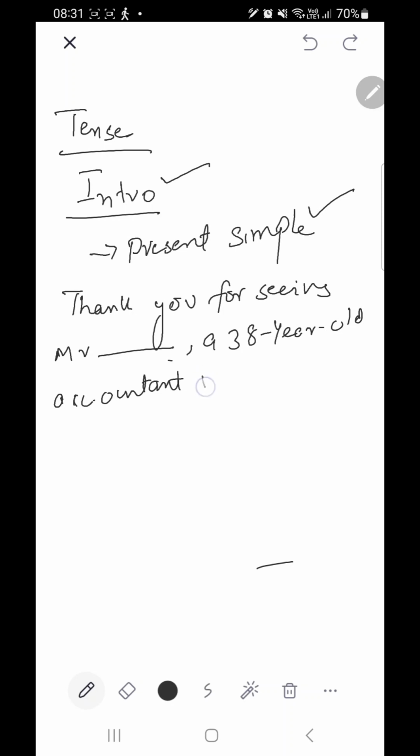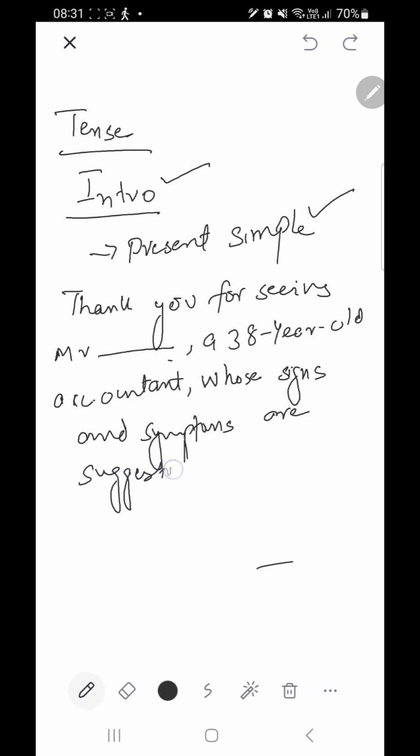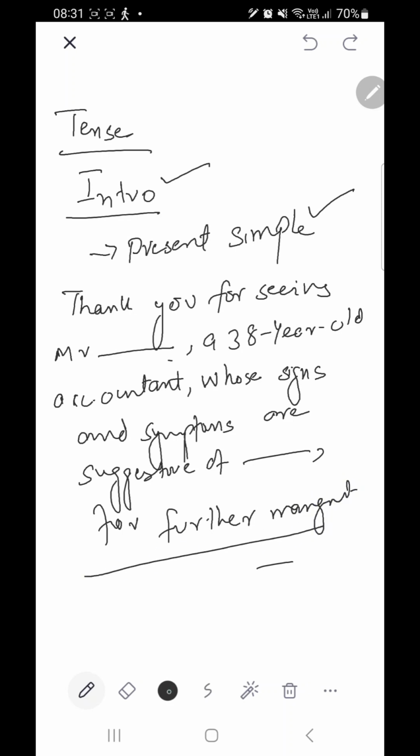Either we can write down comma, whose signs and symptoms are suggestive of, dash, for further management. So if you can see in this letter, the introduction, we have just used the present simple